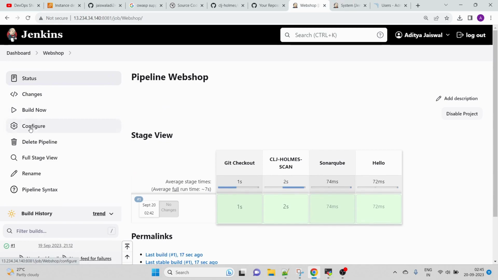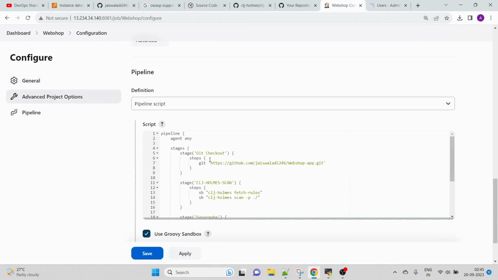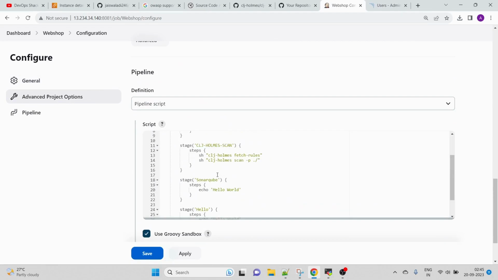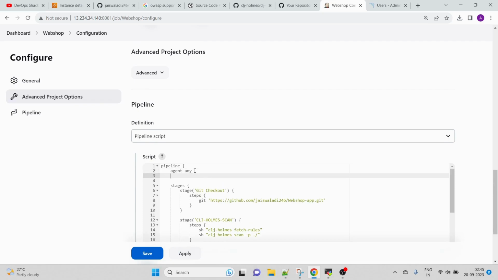So what I'm going to do now is click on Configure. Let me close this section, and we need to write commands for the SonarQube server. Before adding SonarQube, we will be using the SonarQube scanner, which we installed using plugins, right? To use that scanner, we need to define an environment inside our pipeline. How do we do that? We'll create environment,